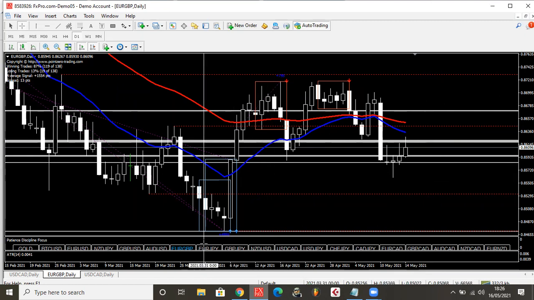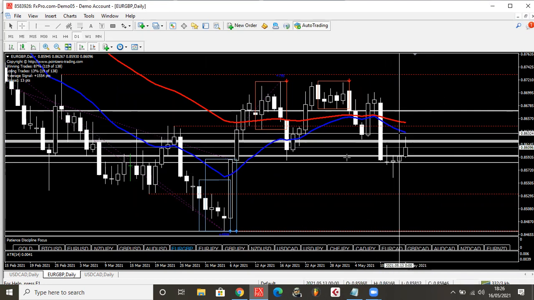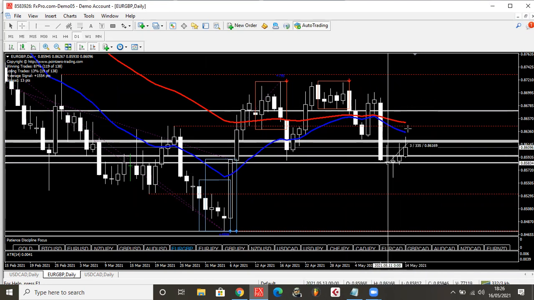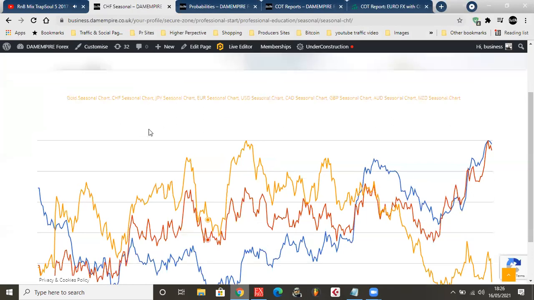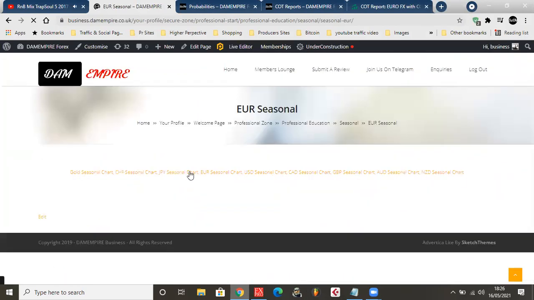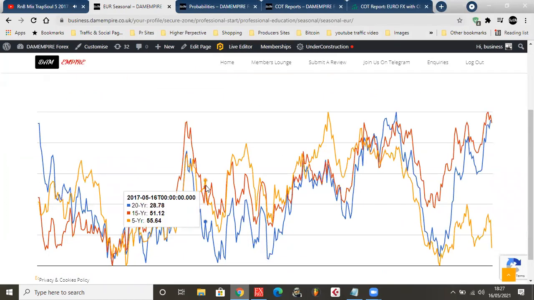So what I can see though is most likely price might actually fall on this one. You can see the selling power come into play, but the buys cannot even compete with what just came into play right here. And from what you've seen on the COT report, these guys are dumping euro. So if they're dumping euro, you're most likely going to see euro tumble down. Let's see if that is in alignment with seasonality. Because if it's in alignment with seasonality, it makes a lot more sense that way. Then I can understand why they're dumping it. If not, then it's gonna be something scary.